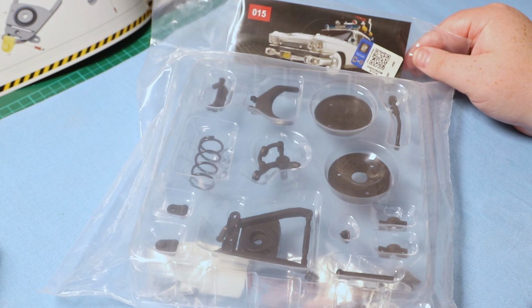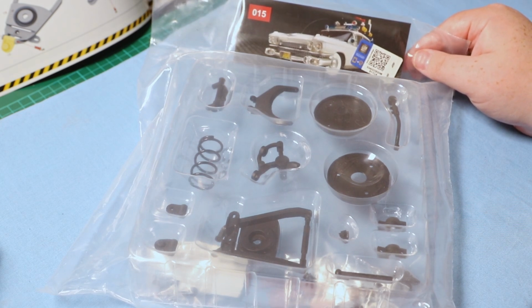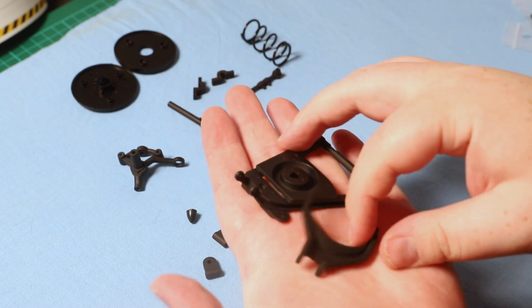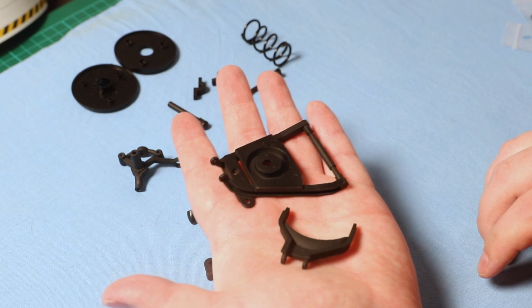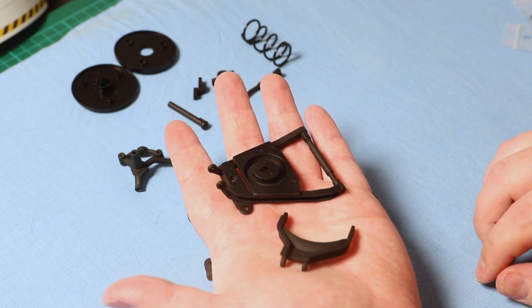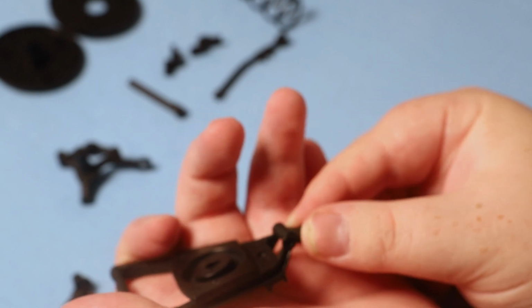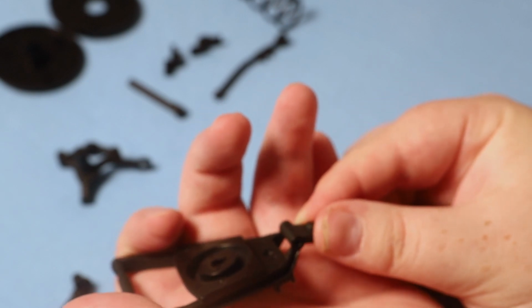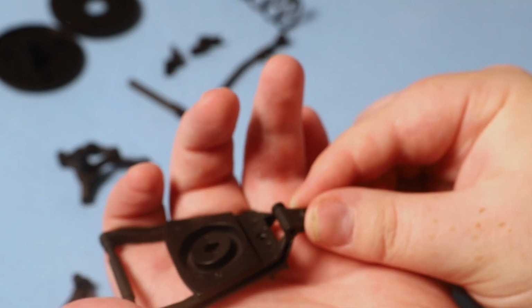Today we're going to be working on issue 6 of Build the Ghostbusters Ecto-1. First up we have stage number 15, and first we need to assemble both suspension arms, and we begin by putting this bracket on the arm like so,